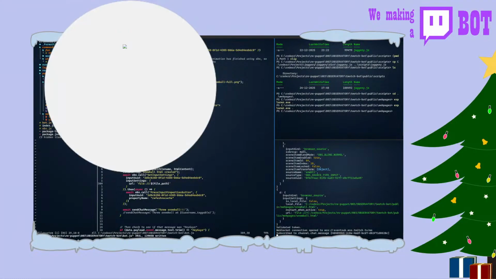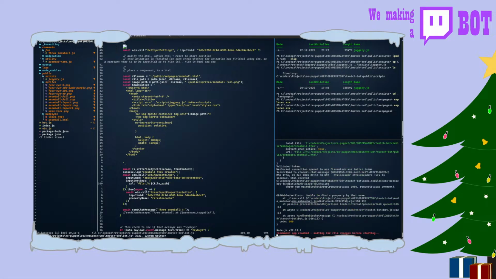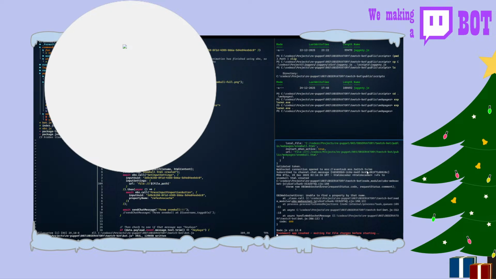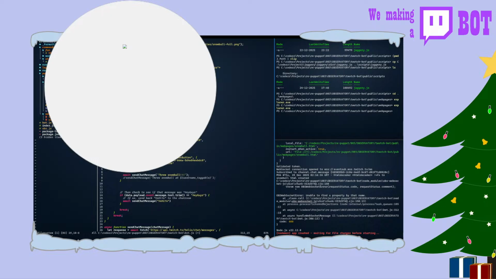Let's just remove the... Right now, the snowball browser source doesn't have the HTML file linked to it, right? So right now, when I give the command, the snowball should be appearing, but it crashed. But it did bring that one. Unable to find a property using that name. So I don't think we would be needing that, but let's just comment it out